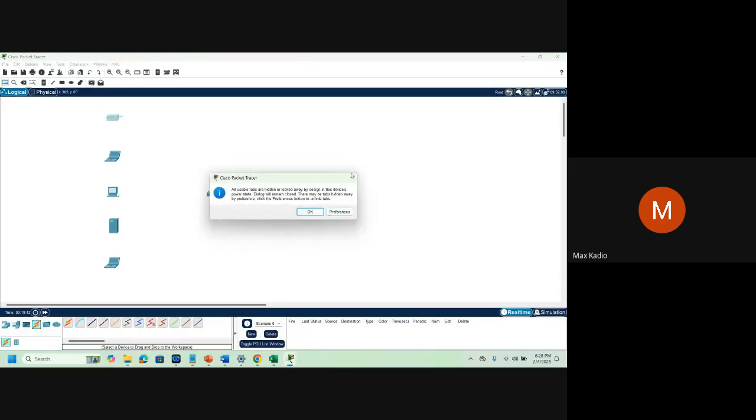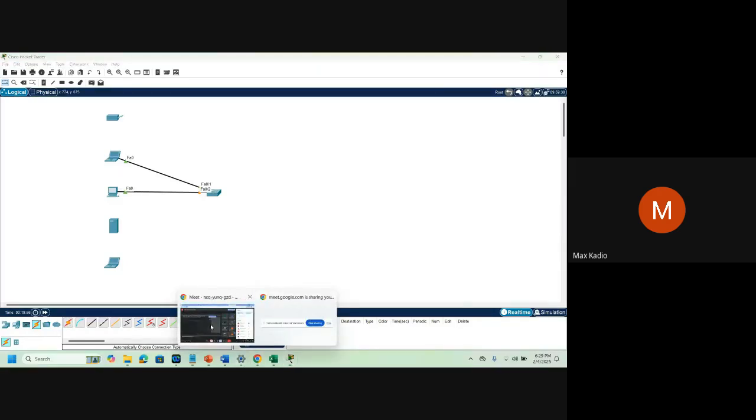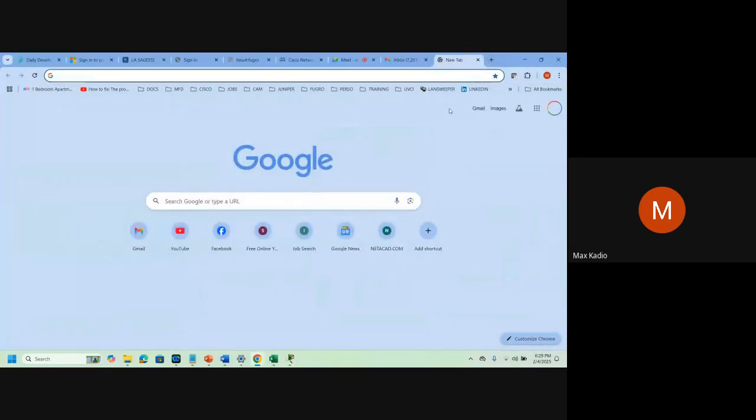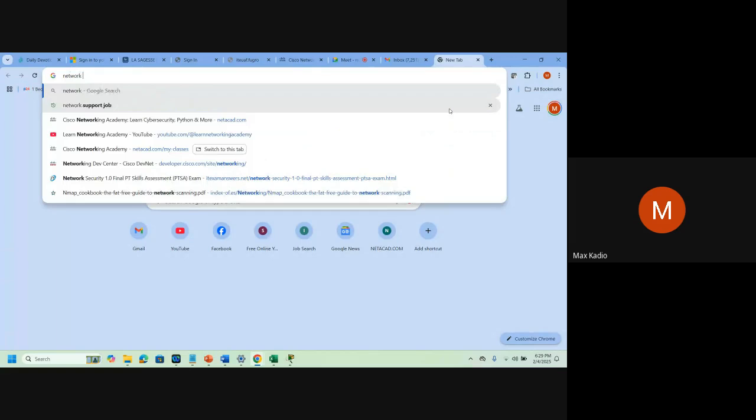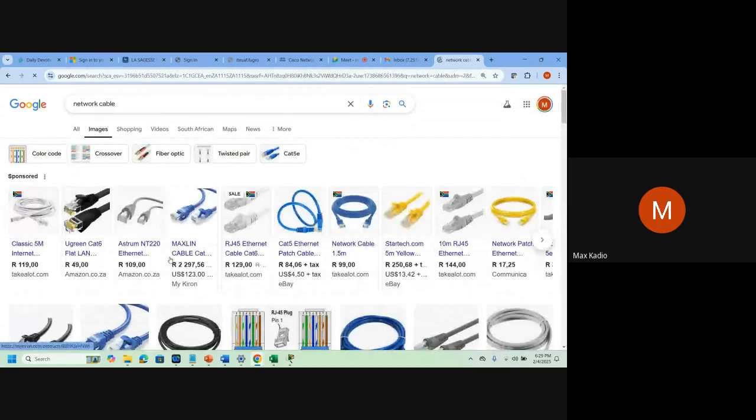So what we do is an introduction to networking. It's preparing you for the real IT or for the CCNA. That black thing is a network cable. For those who never saw a network cable, I'll bring it on Monday. A network cable is a cord, something like that.